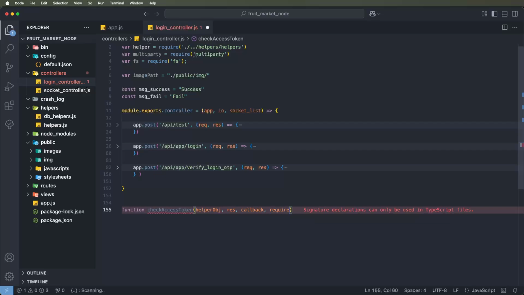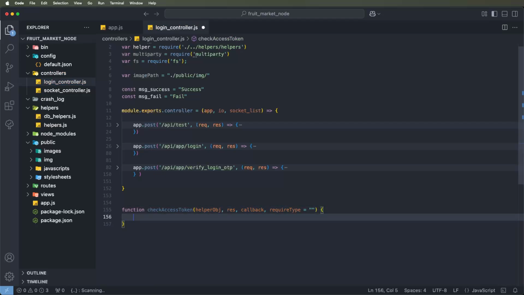The required types determine who can access this API: only admin users, only shop owners, or only users. For this kind of validation we put the required types as the fourth parameter. Now we need to write helper.dlogs